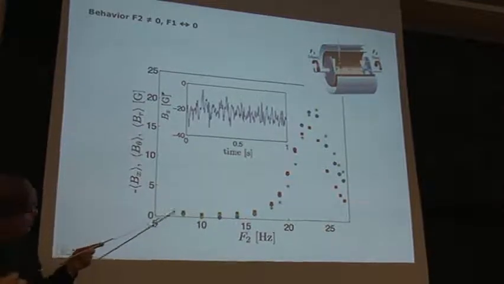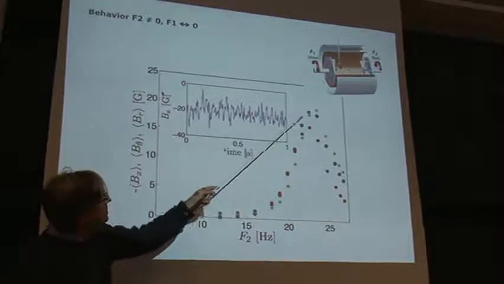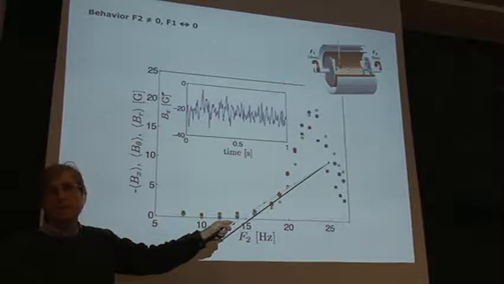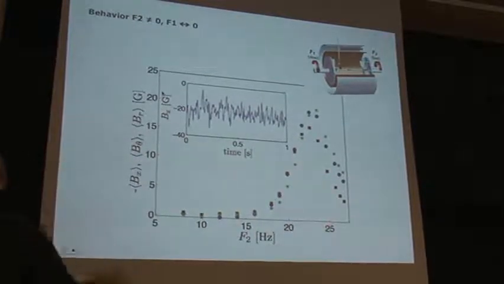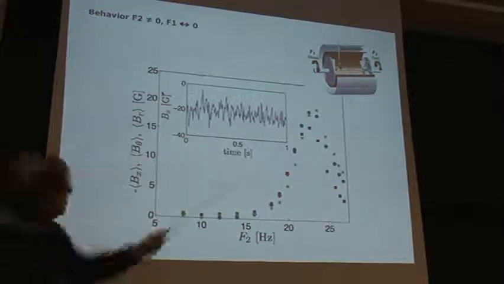Path number 1: I have one disk equal to 0, and I'm increasing progressively the velocity of the only rotating disk. So it's driven by the rotation of one disk, F1 equal to 0. I have no dynamo, then grow a dynamo where the field looks like this, increase again, and that's where we stop the experiment. I don't know what happens after that because I cannot rotate a disk faster than 27 Hertz. But that's the behavior you see.